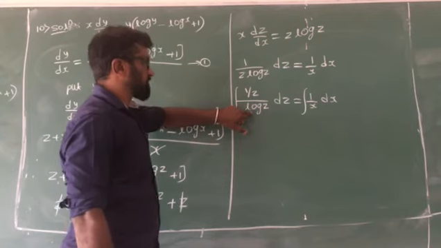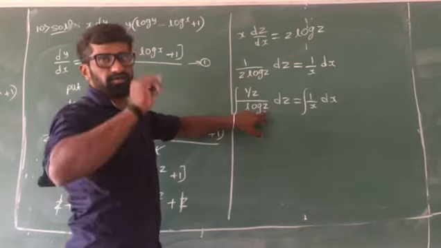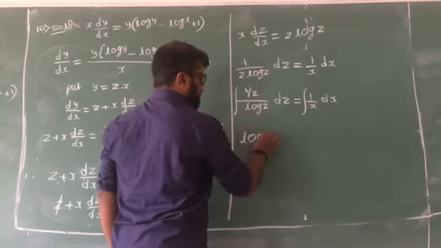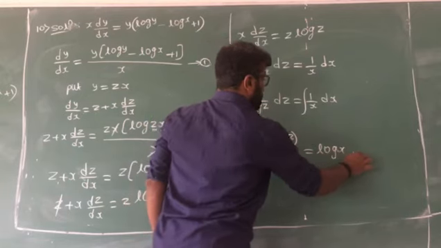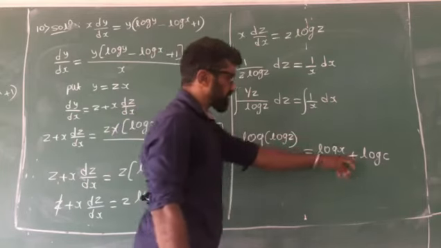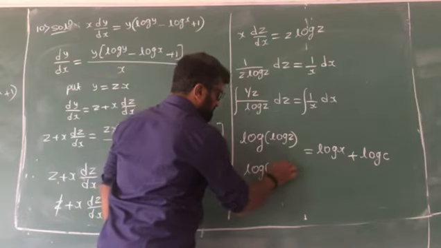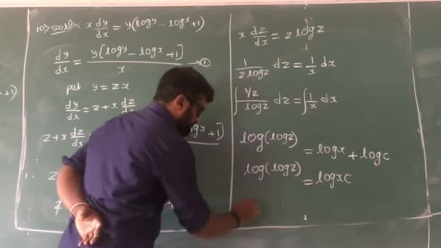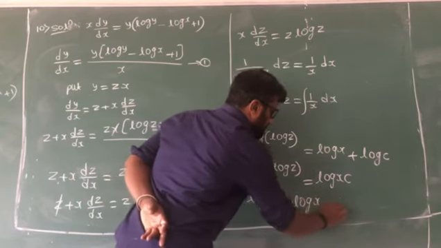If you put log of z equal to t, differentiate it, we get 1 by z. Differentiation of log x is 1 by x. So that's why the integral is log of log z equal to log of x plus log of c. Why put log c? Because both LHS and RHS have log, so I can choose the constant as log c. So log of log z equal to log of xc. Remove the log, so log of z equal to log x plus log c.